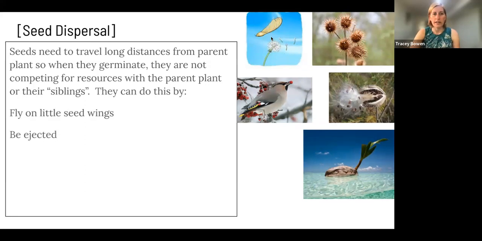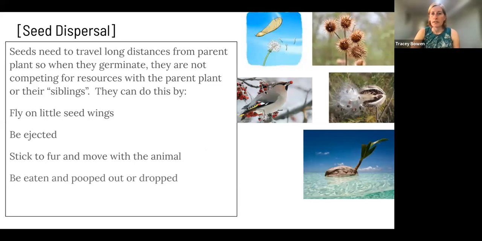They can fly on little wings. They can be ejected in like puff balls. They can stick to the fur of animals and move with them. They can be eaten and pooped out by animals or dropped. They can float in the water. So these are the ones that would stick on the hair of an animal. The goal here is to just get them away from the parent plant so they're more widely dispersed and